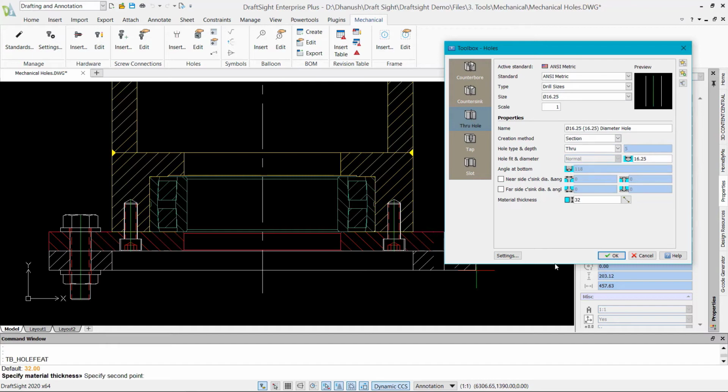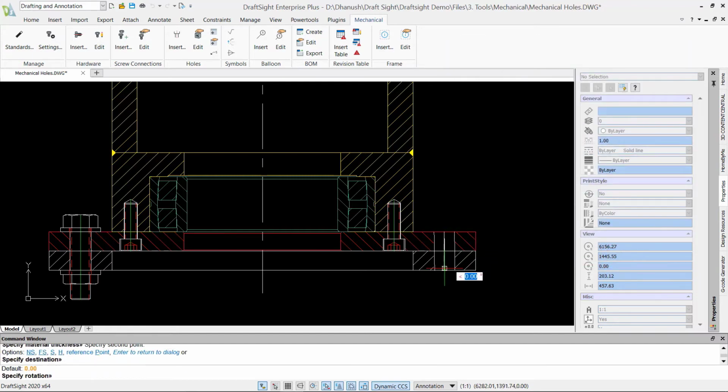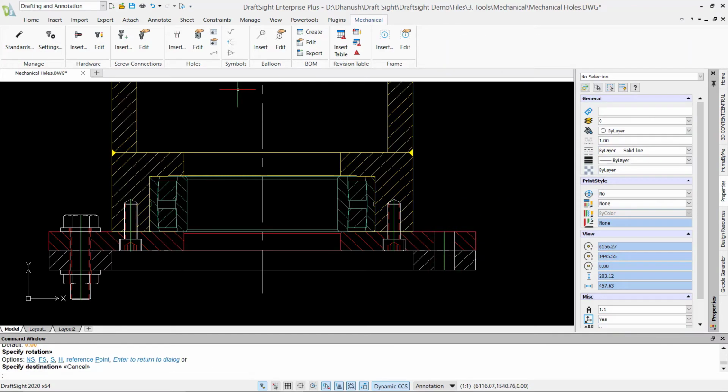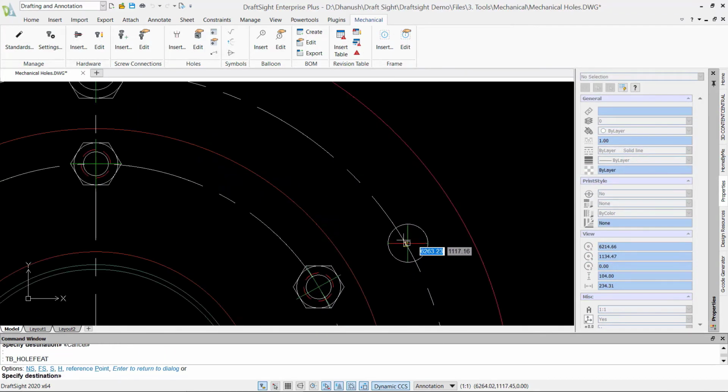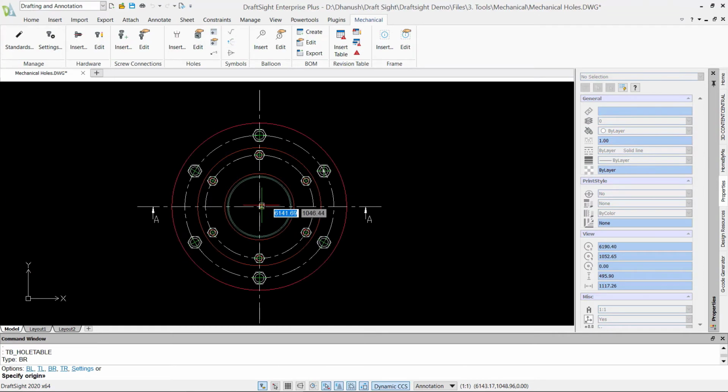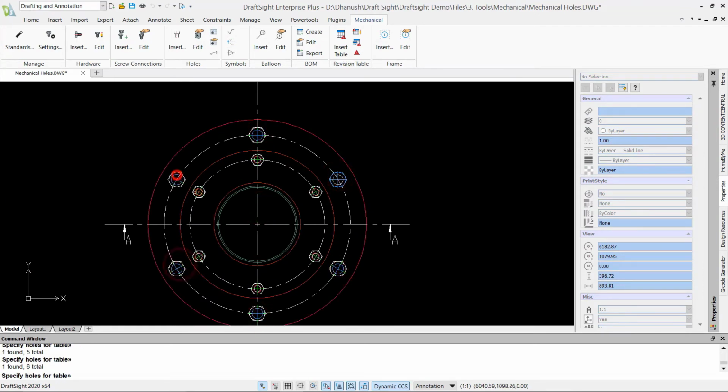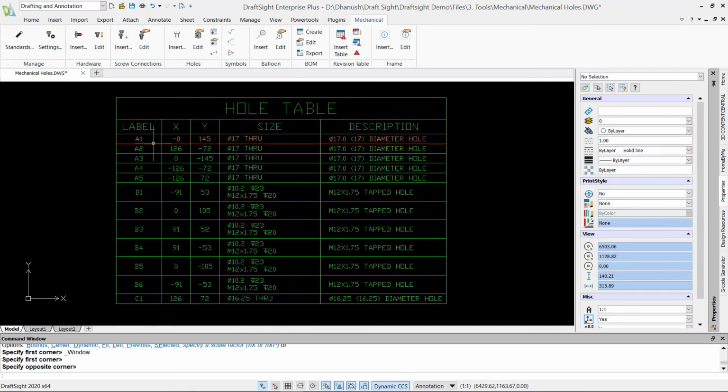Hole options. With the mechanical toolbox, you can add 2D representation of holes to drawings. You can also specify geometric or textual hole dimensions and create associative charts of hole locations, which you can then add as annotations to drawings.